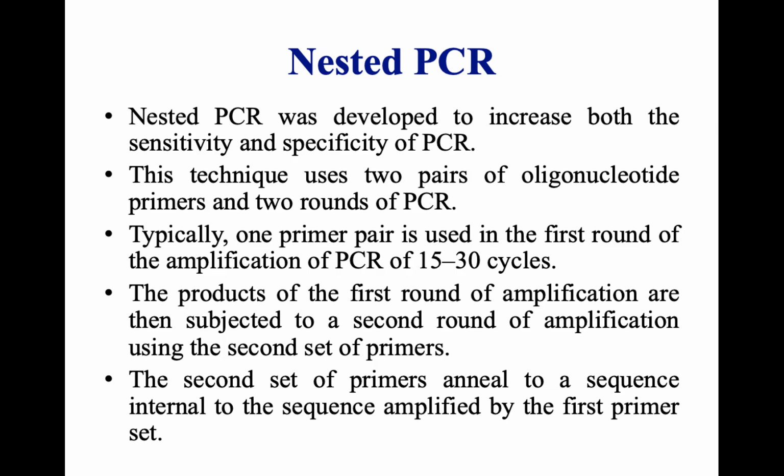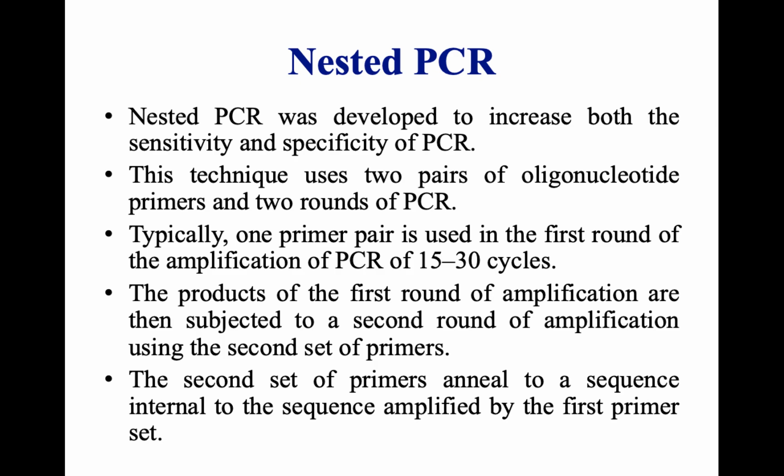The second set of primers anneal to the sequence internal to the sequence amplified by the first primer set. That means if the amplified product is formed in the first round, only then can it be used in the second round of amplification. In the second round, the second set of primers will bind to the region internal to the amplified product formed in the first round. Only then are the second set of primers going to produce